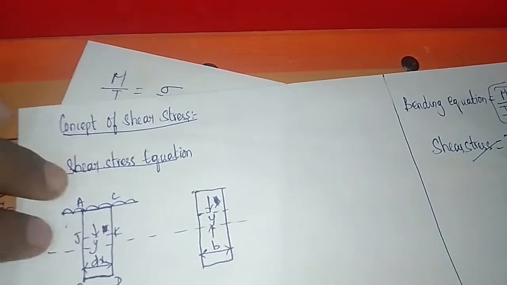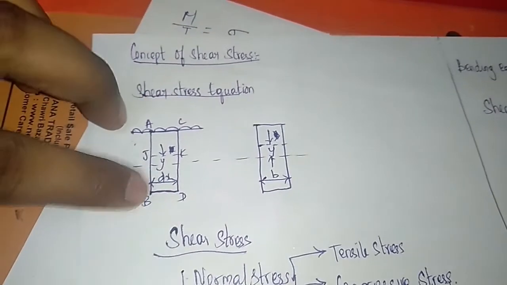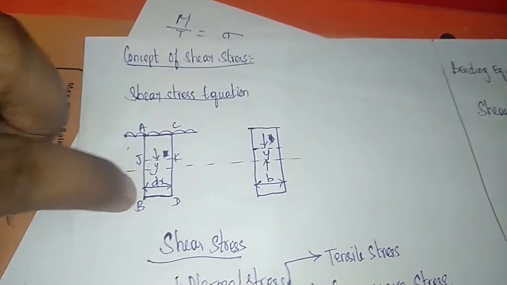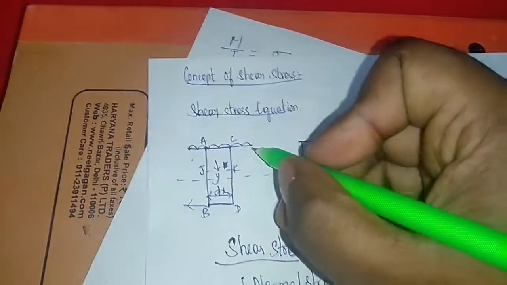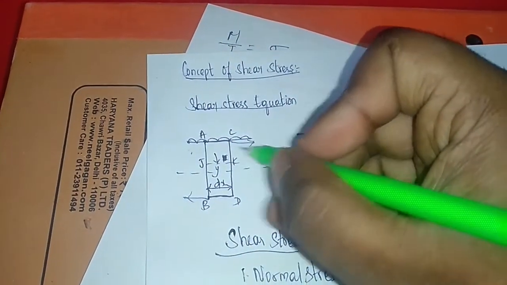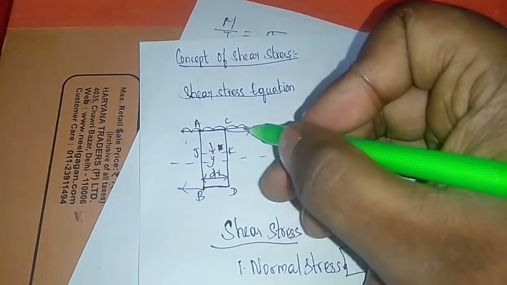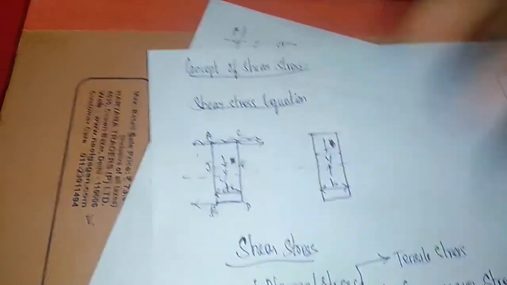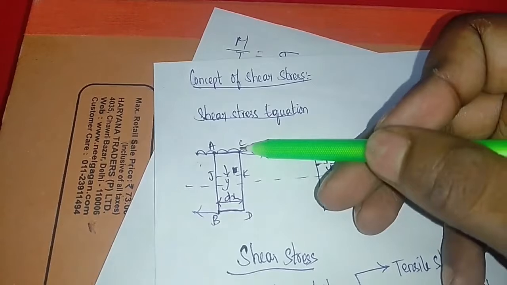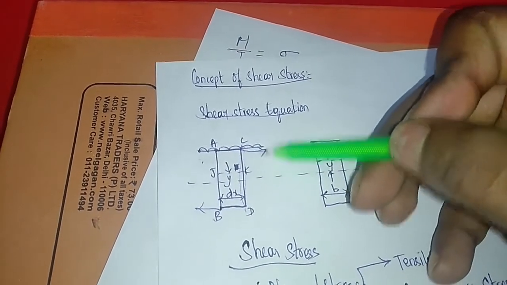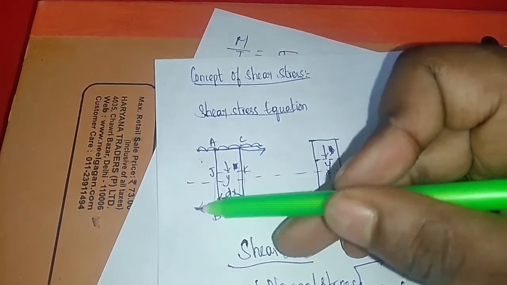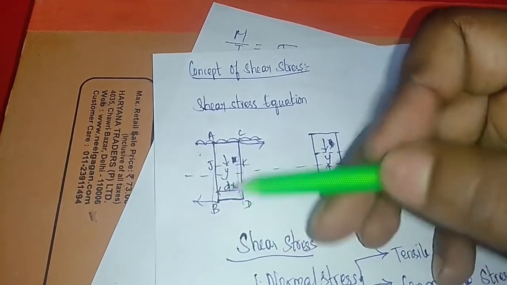Okay, there are two sides. As you already know, what is shear stress? Shear stress is nothing but two equal and opposite forces acting parallel to each other in opposite directions. So it will act in this direction and this direction oppositely to it. So that only will cause the beam to shear. Okay, so on this side, that is side CD, what is the force that is going to act, and on the side AB, what is the force that is going to act. That is only we are going to find.